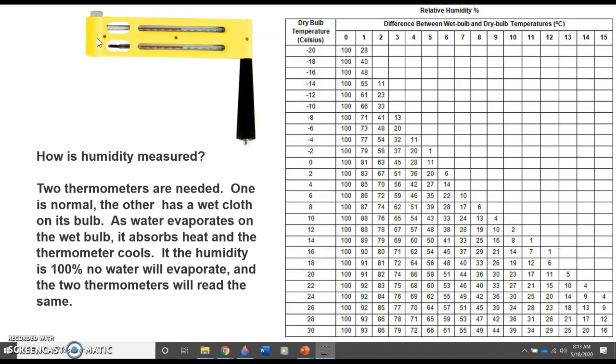Okay, so when you spin this around, you use this chart and you read the temperature of the wet one and the temperature of the dry one, and you look at the difference. The greater the difference, the drier the air. Okay, so this is what we'll be doing tomorrow. So now what I'd like you to do is go ahead and click on the link for the worksheet form for this, and we'll all be ready for the lab tomorrow and understand what's going on